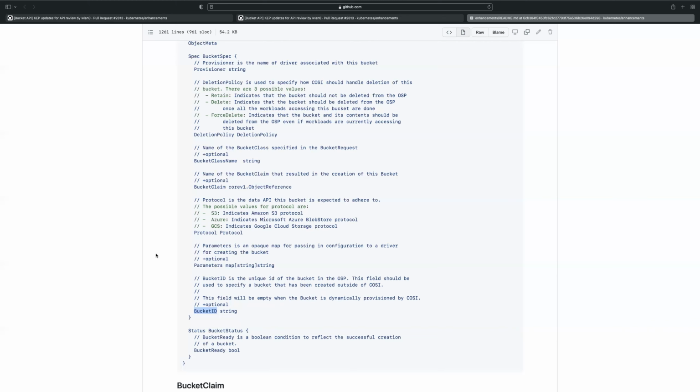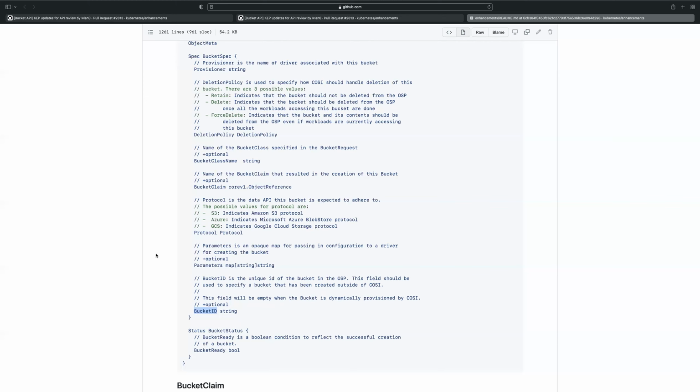If the admin is creating a bucket object for an existing bucket, they would need to know the backend bucket name. Yes, they would need to. So if it is not available, how can they know the backend bucket name? Okay, let's define the scenario. Are you saying there is a bucket already existing in the backend?